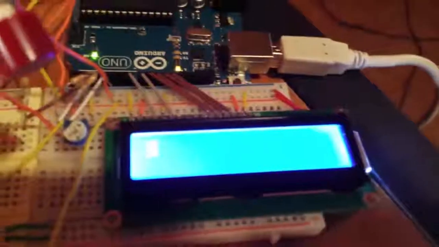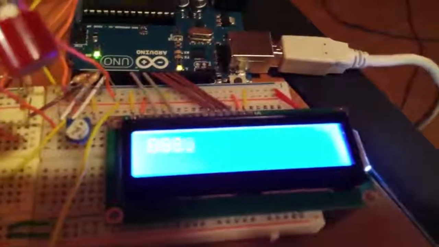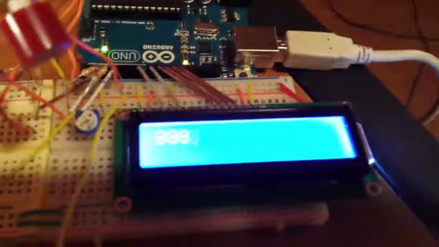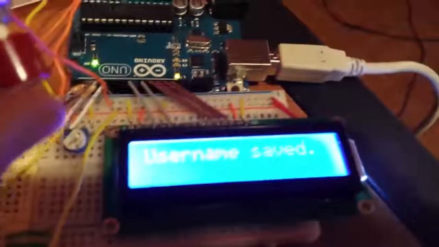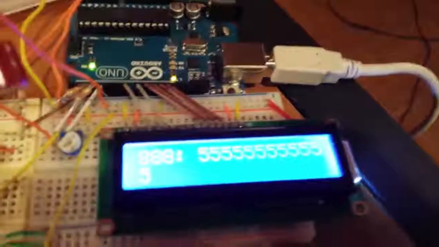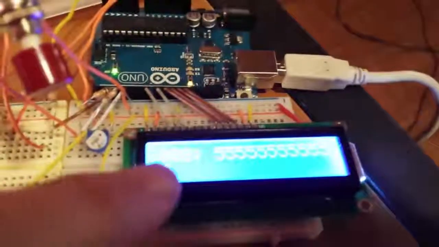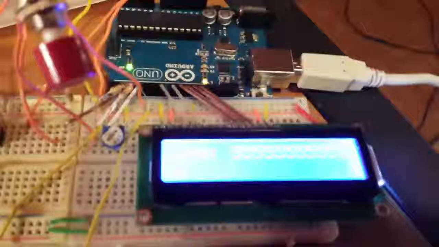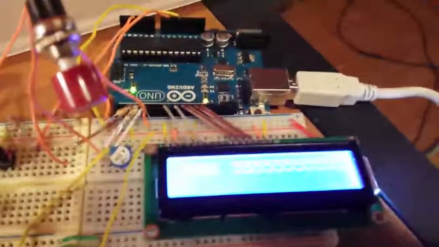I can do, let's do, the delete key works really well now. Say 888, 888, that'll be my name. Press enter, username saved, and actually if I go back into memory, it has updated that my username is 888. The spacing's alright, you can type for multiple pages,